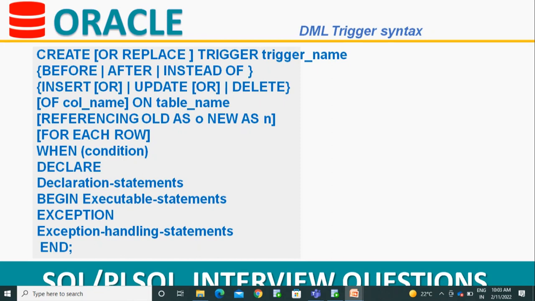If you haven't mentioned that, it will work for the whole table. If you mention the column name, of column name, on which table, that you need to mention. Okay, so this is optional, of column. If you haven't mentioned this also, no bother about that. So on table name, a trigger before action gani after action gani a table paina cheyali, that you need to mention in this. Okay, so then